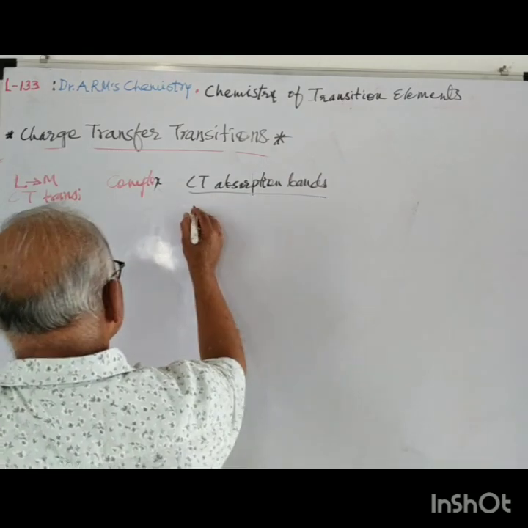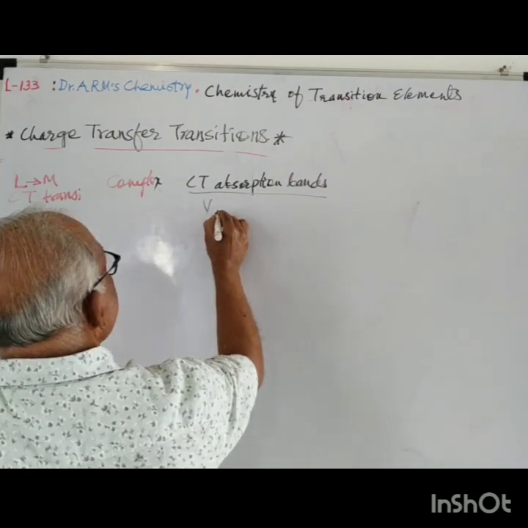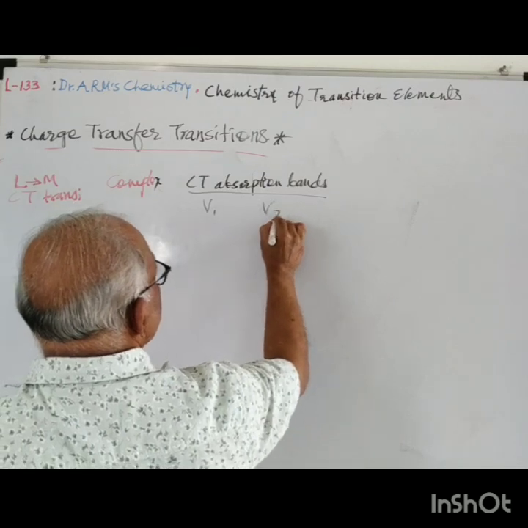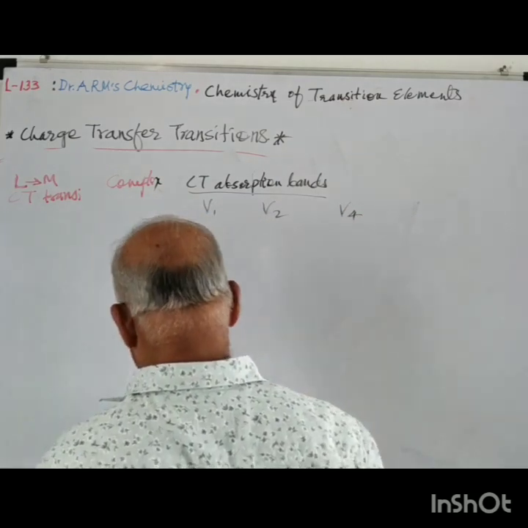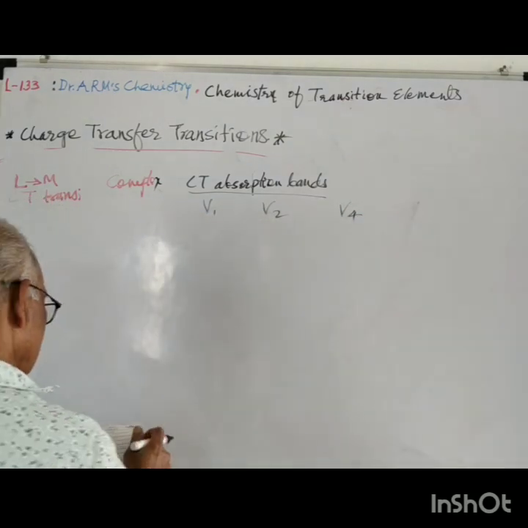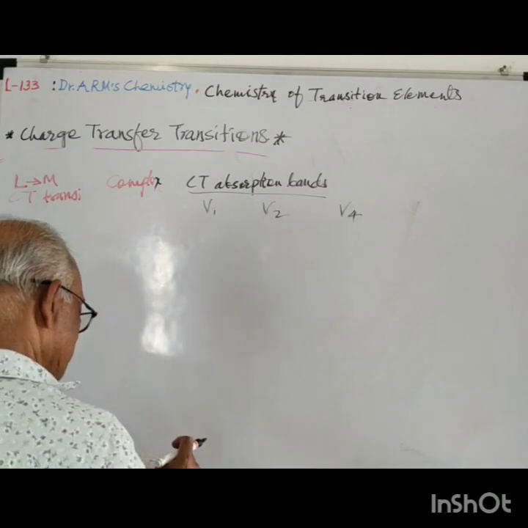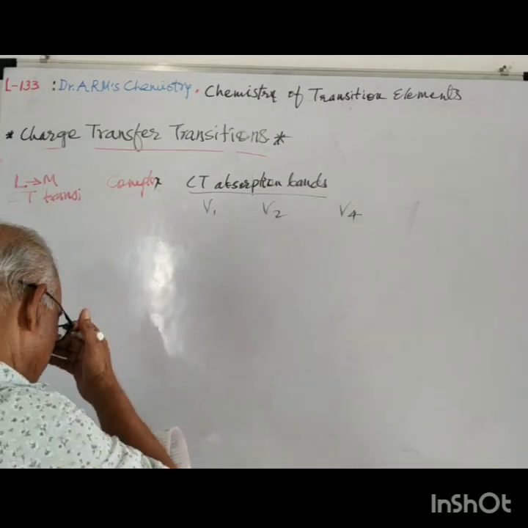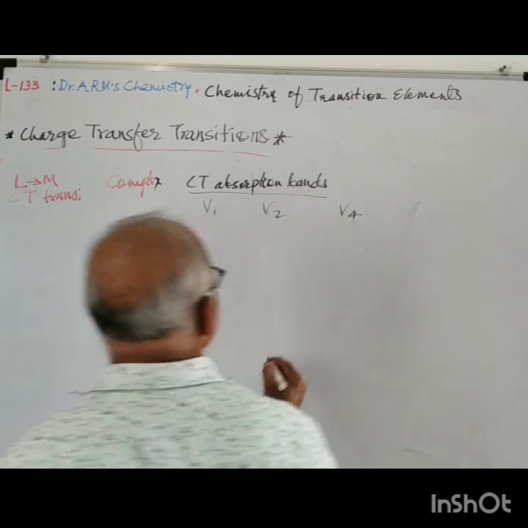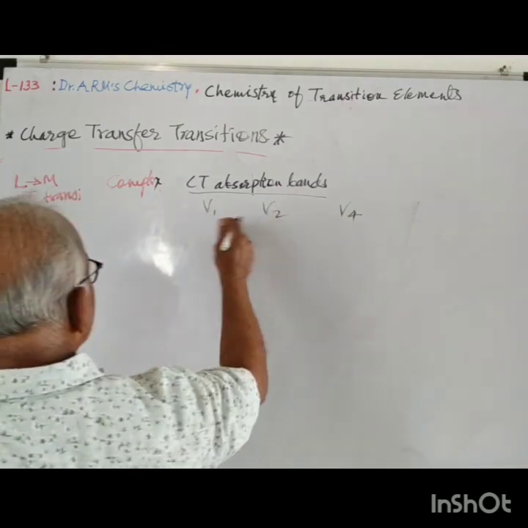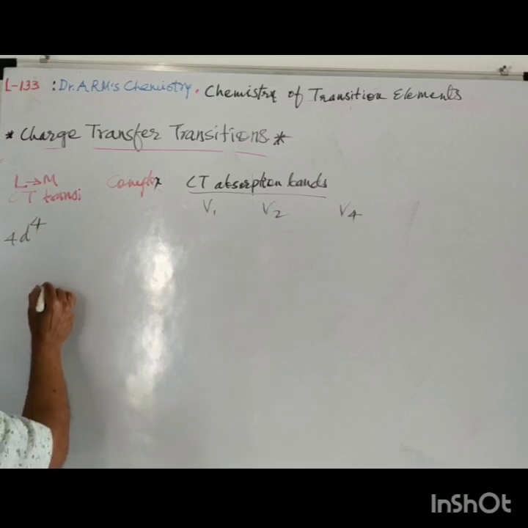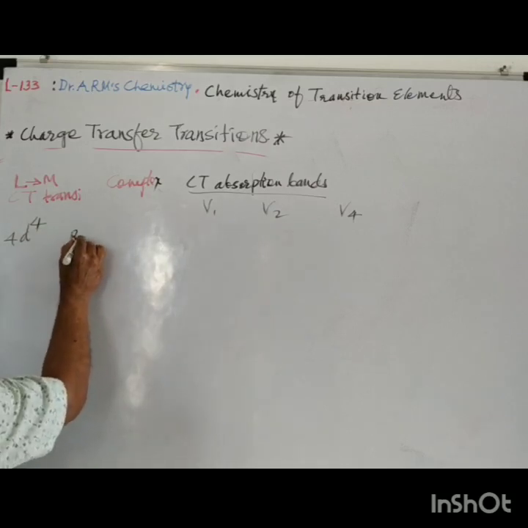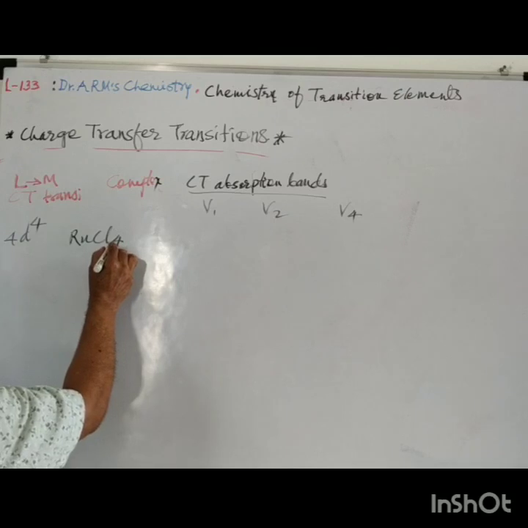So it will have this V1 category, V2 and V4 types. So here we are showing these molar extinction coefficients in parentheses. So we show it here actually. So first of all, we will take the example of metal having 4d4 configuration. For example, the RuCl6